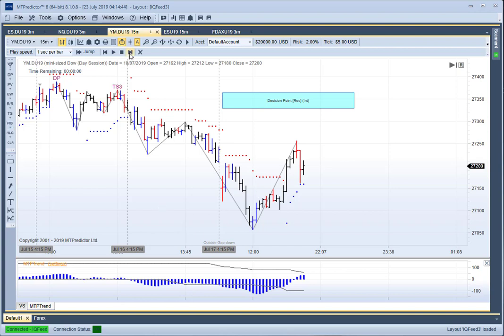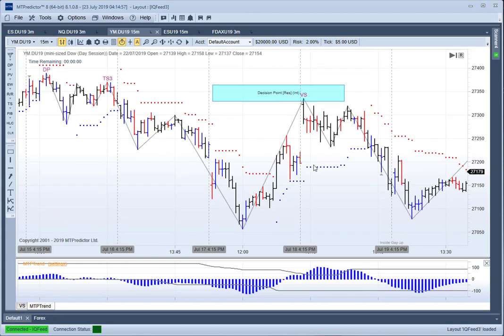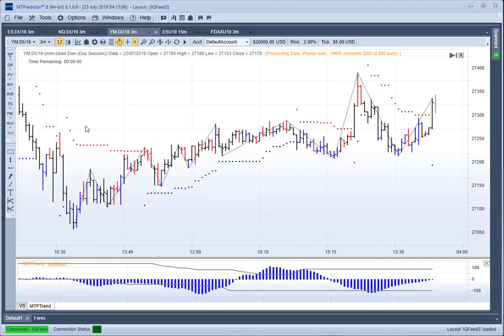So let's see what happened on this 15-minute chart. If I scroll forward, the market came up as the market opened on Friday. This is Friday the 19th, and came right into that resistance. And if I actually turn trading mode off, you can see that actually nailed the high of the day. But the important point is that was on the chart ready in advance. So how do we use this when we're actually on the time frame we're trading?